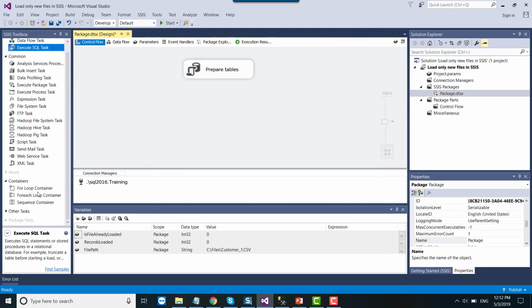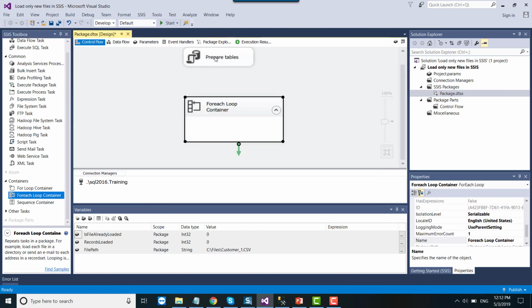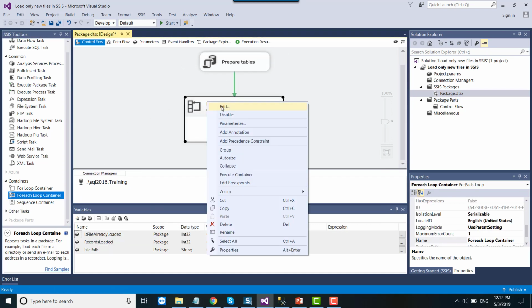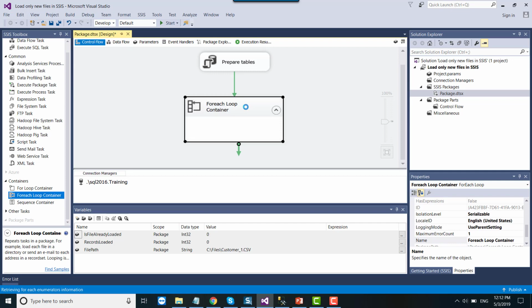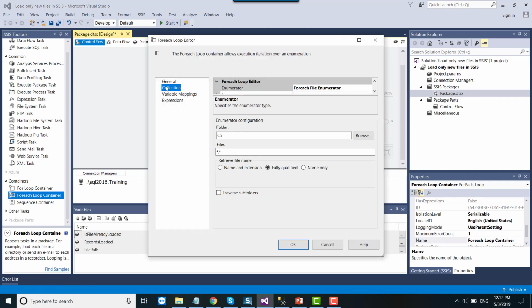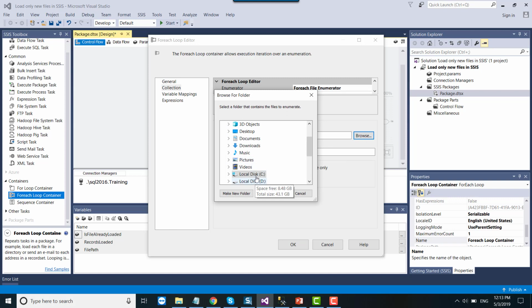All right, and then let me drag and drop a For Each Loop Container here. Right click and then configure the For Each Loop Container. Under collection, the enumerator is Foreach File Enumerator, which is fine. And then under folders, browse to the C files folder.